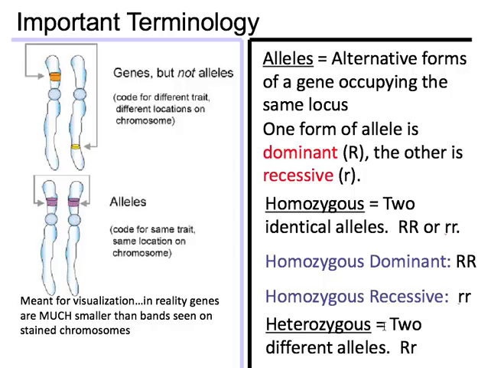So if it's a dominant allele, that means that trait is going to show up. Whether you have 1 copy of it or 2 copies of it, you will see that dominant trait. If you inherit the recessive trait, you only will see the recessive trait if 2 of them are present. So I kind of think about it like the buddy system. You will only see those recessive alleles if they're traveling in the buddy system and you inherit 2 copies of